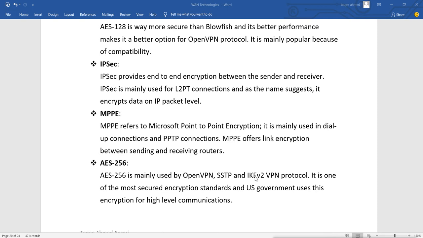Now 256 means this AES uses encryption of 256 bit. This is mainly used by OpenVPN, SSTP and IKEv2 VPN protocol, and is one of the most secure encryption standards, and the US government uses this encryption for high level communication.